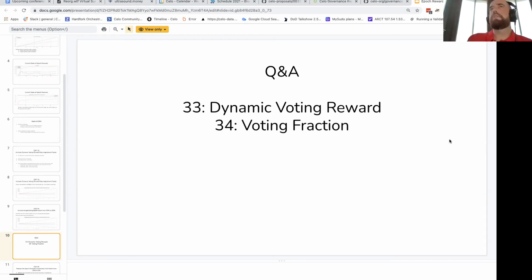Well, I just noticed on that graph that the voting rewards are by a long way the largest contributor to daily issuance of Celo. So any adjustments to that, even as small as the dynamic voting reward, will have reasonably significant effects on daily inflation of the token, or at least I'm not sure if the supply was already minted at Genesis, but at least the Celo that's available in the market.